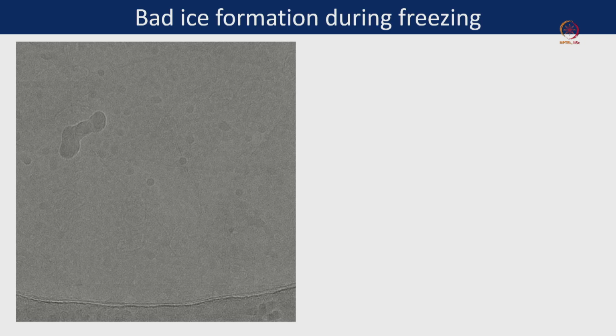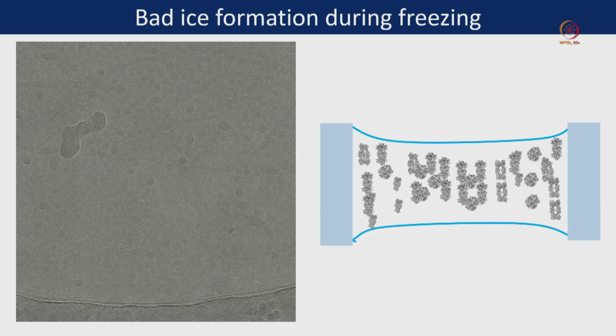Here I am showing you the first image. As I mentioned, if there is a hole and we are looking at this hole from the side, this will be the carbon layer. Then again after a distance, this will be the carbon layer again, then there will be the next hole, somewhere here. Whenever there is ice or water, because of the surface tension, the water will stay inside that. Then we have to blot and freeze that.